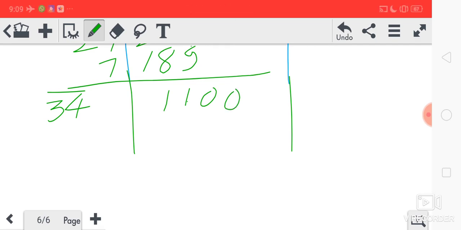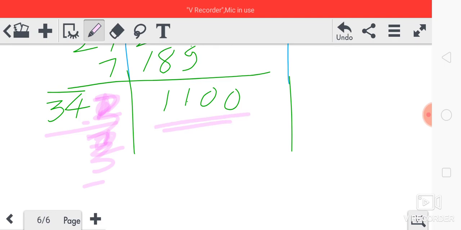Okay, now on this left side, which number should we take here? It is almost 300. If we take one more digit, suppose 1, 341. 1 times 341; if we take 2, it will become 342 into 2. If we take 3, then 343 into 3. Can you see, 300 something into 3 is 900, we'll get close to this. This is 1100, and if we take 3 times, then we'll get close to 900. So better to take 3 times.